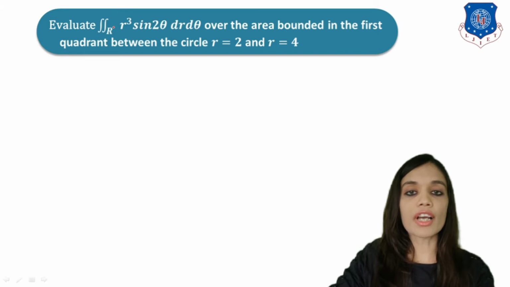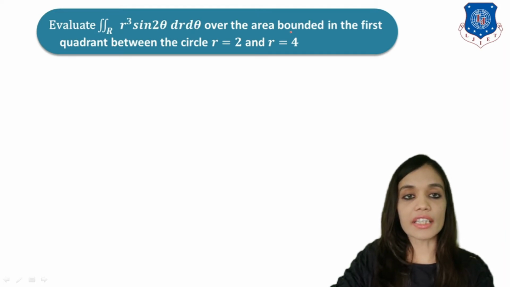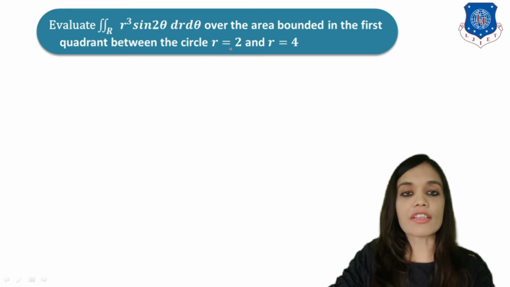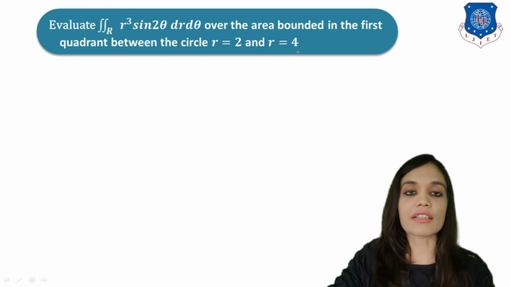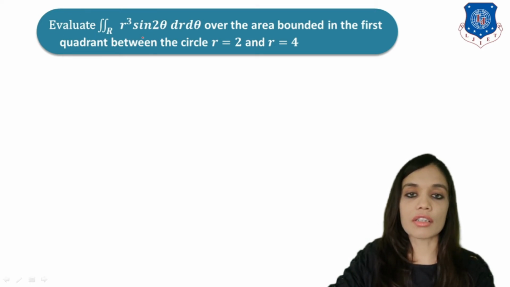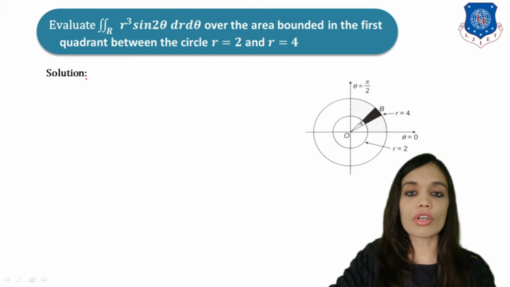So here we have to evaluate the double integration of r cube sine 2 theta dr d theta over the area bounded in the first quadrant between the circles r equals 2 and r equals 4, right? So you are given two circles, r equals 2 and r equals 4. We have to draw the region in the first quadrant, find the limits of r and theta, and evaluate the integrals, right? So firstly let us start with the solution, and let us draw the graph of two circles,